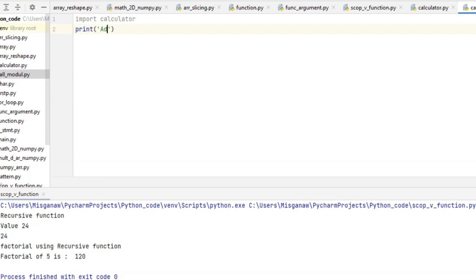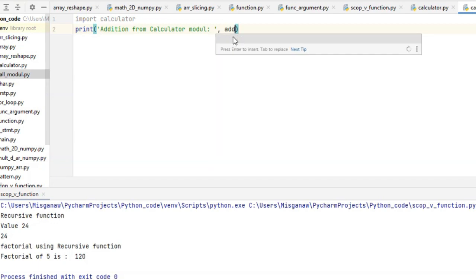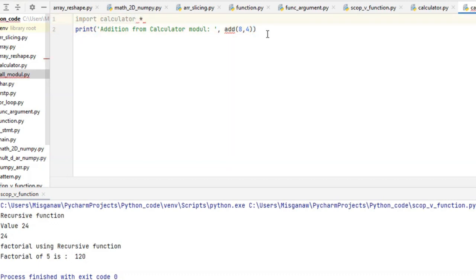addition from the calculator module. Call the add function with the values of x and y, 8 and 4, for example.